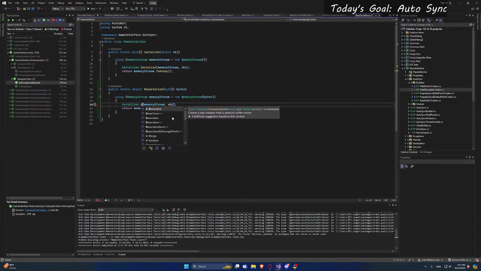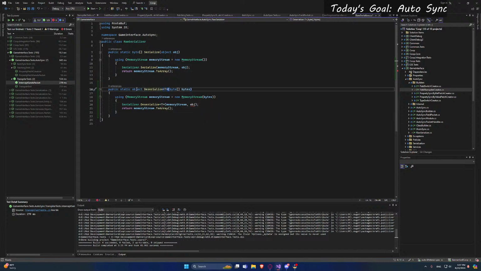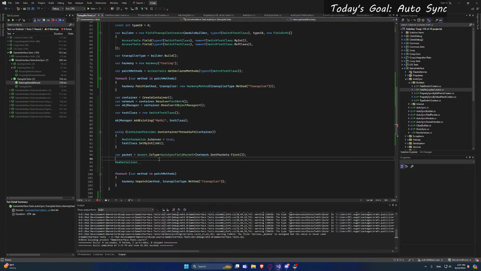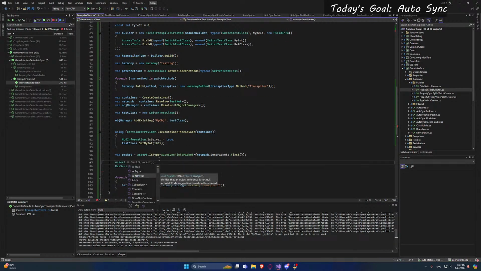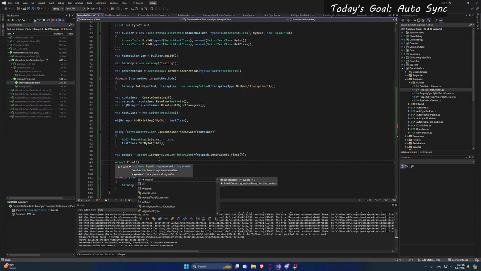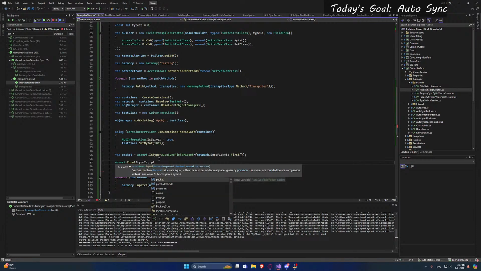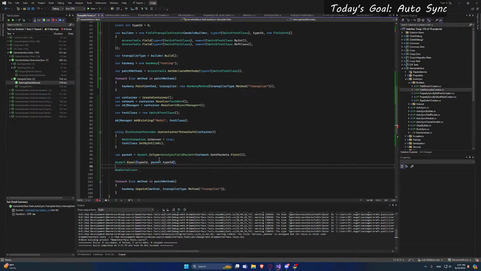Deserialize. Oh, we need a type. Okay. We'll have to do T. Return this. There we go. Now here we want to assert a couple things. Assert dot equal type ID, packet type ID. Assert dot equal